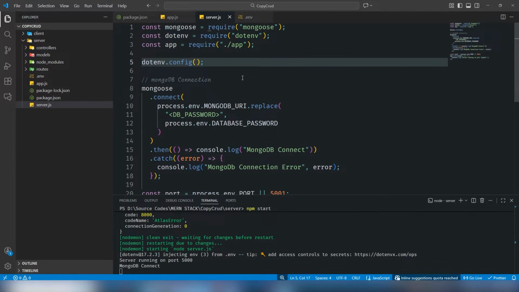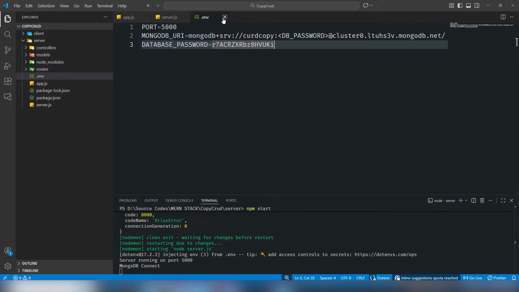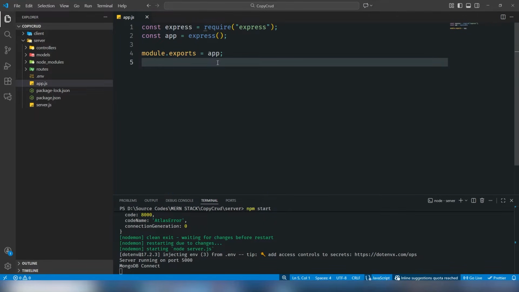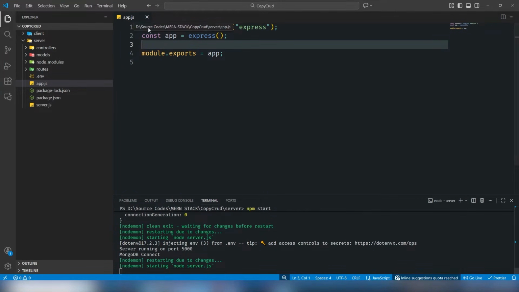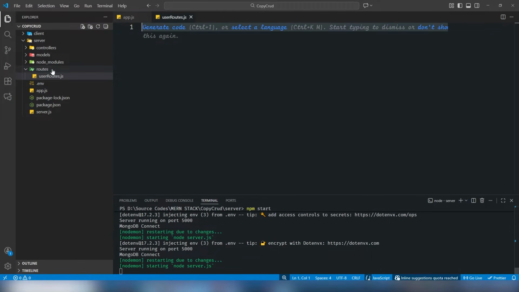Alright, so we have successfully configured my project's database connection, and I have an app.js file. So I need to remove this one tab, and I think I don't need this one file as well. So we're going to work on the app.js file, routes, controller, and also models. So let's work on the routes, controller, and also app.js file. So we're going to create routes. The first one is I'm going to use userRoutes.js,